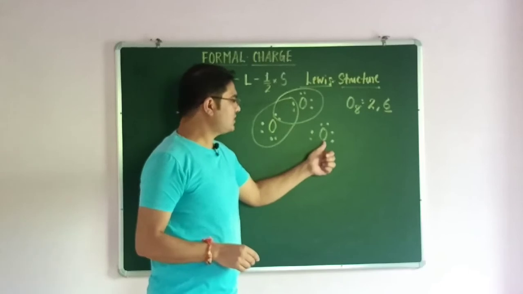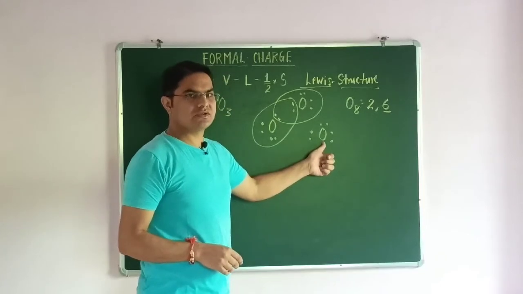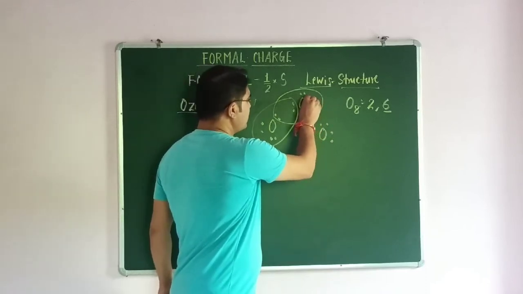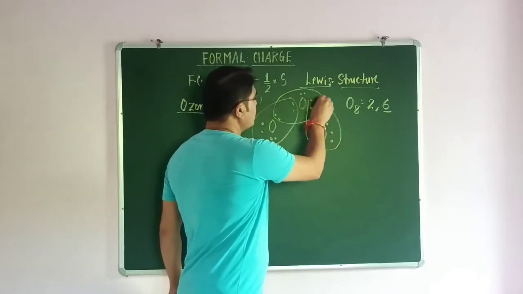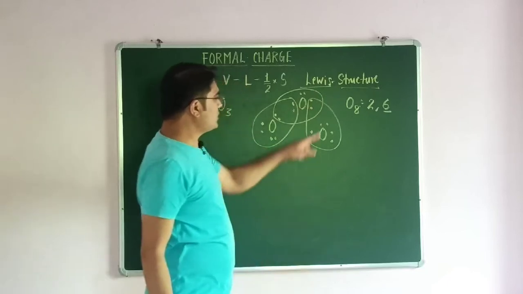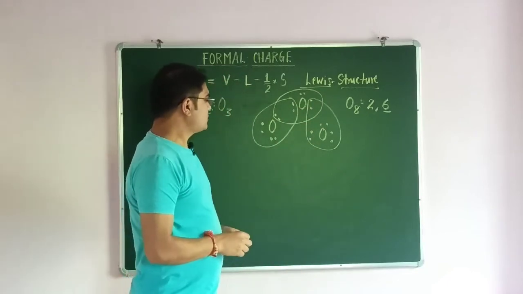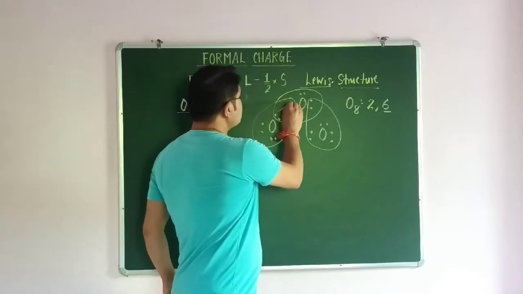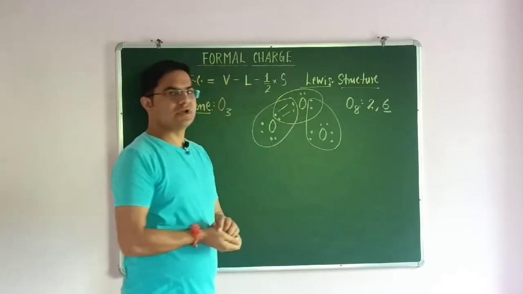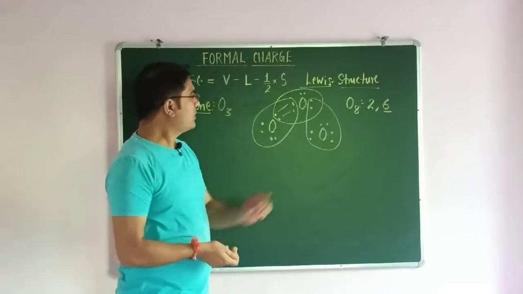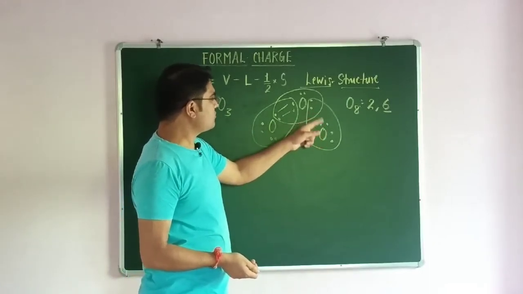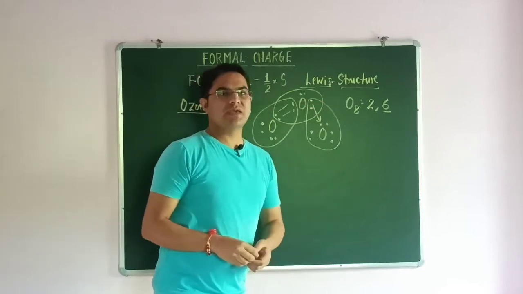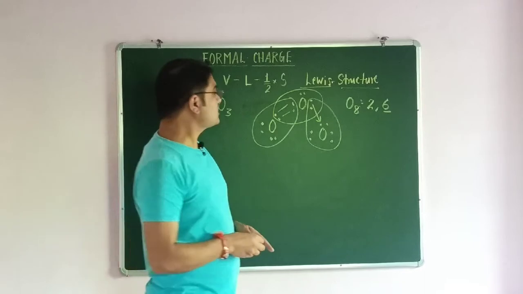This oxygen atom already has 6 electrons, so now it requires only 2 electrons. So this oxygen atom takes 2 electrons from the middle oxygen atom so that its octet is complete. In these 2 atoms simply mutual sharing is taking place, so a double covalent bond is formed. But in this particular oxygen atom, this oxygen atom accepts 2 electrons, so a special type of covalent bond is formed, which is known as a coordinate bond.